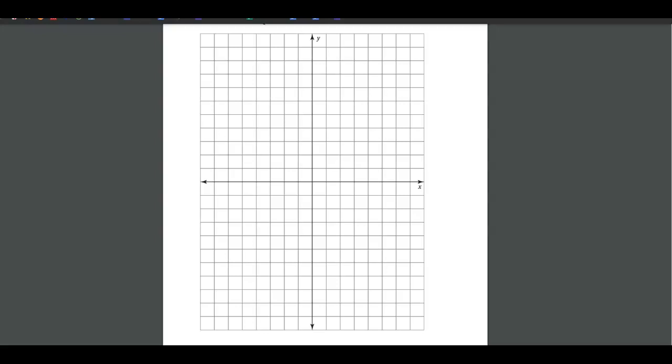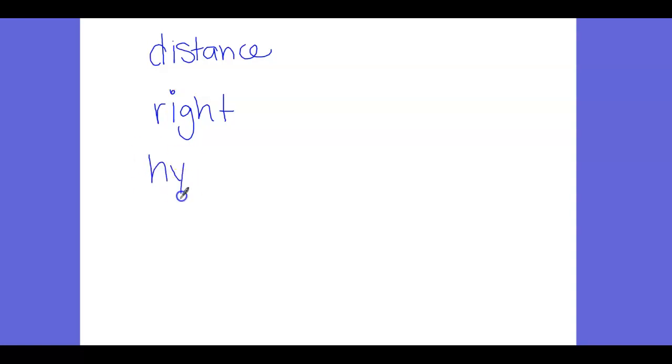Okay, so these are the notes for Mrs. Saltzgaber's station titled The Pythagorean Theorem and the Coordinate Plane. First of all, the vocab part is the distance. That's your first blank. Between 2 points can be found by drawing a right triangle. That's your second blank. The length of this segment is the hypotenuse